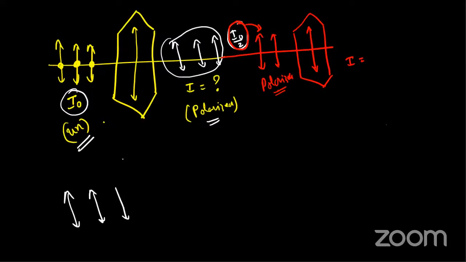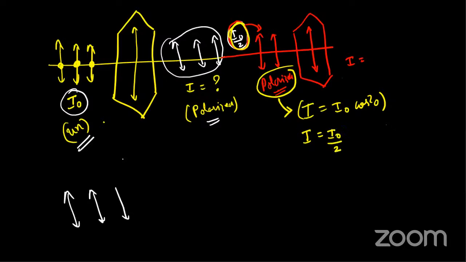So for polarized light, if your input is also a polarized light, you have to use Malus's law. Use I equals I naught cos squared theta. Use Malus's law if you're using polarized light for polarizing. The outgoing light intensity is I don't know how much it is, so write it as I. That's correct, Gunashri. And what's the incoming intensity? Incoming intensity is I naught by 2, so write it as I naught by 2. What is the angle? The angle is 0 degree because both of them are parallel to each other. So it becomes cos squared 0. What is cos 0? 1. What is 1 squared? 1. Therefore, this intensity also will be equal to I naught by 2.